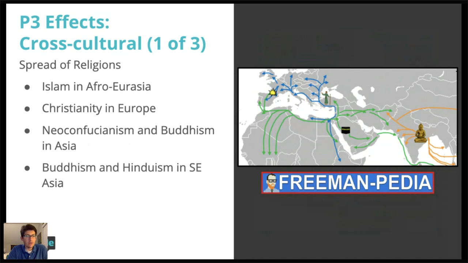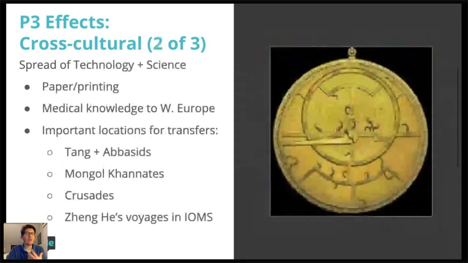Beyond religion, right? Other cross-cultural exchanges, the spread of technology and science. And this spread of technology, I do want to highlight here that it's kind of setting up the trade that occurs in time period 4, right? So we're going to see the continued spread of technologies. Some of the more important technologies that spread: paper and printing, gunpowder spreads. I don't have that on this list, but you can mark it down, right? Spreads from China across Asia, eventually making its way to Europe.